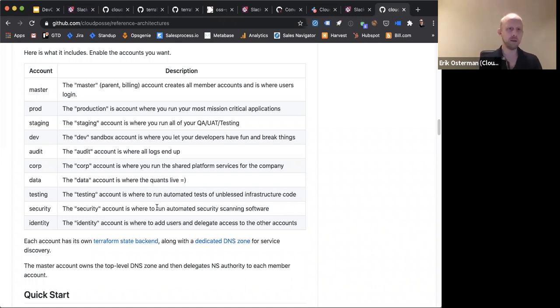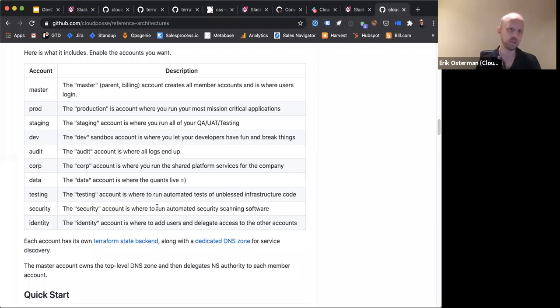When you create accounts in Terraform, the member accounts have an organization access role automatically created that allows an admin user in the root level account to automatically steamroll into any one of those member accounts and have full carte blanche access. So for that reason, we want to really reduce the amount of stuff we ever do in the master account, and use it sparingly on a day-to-day basis.